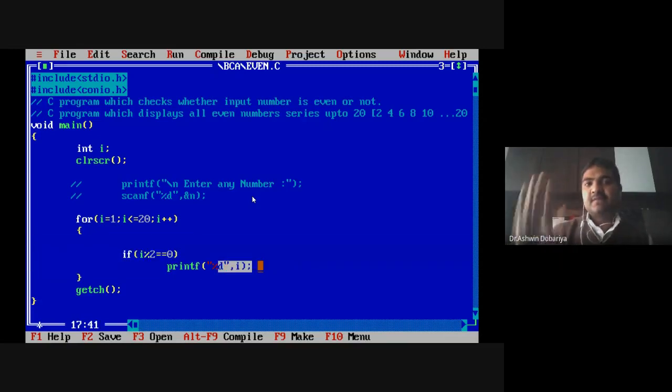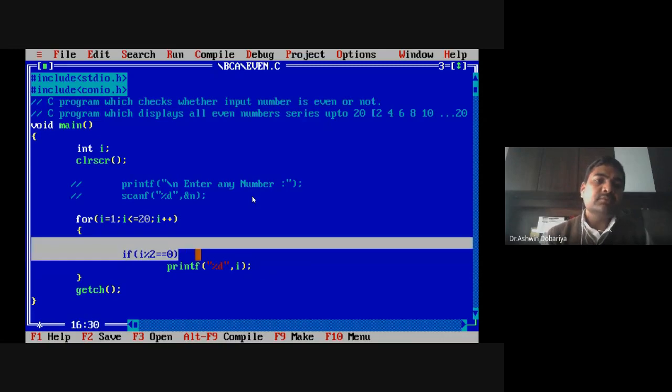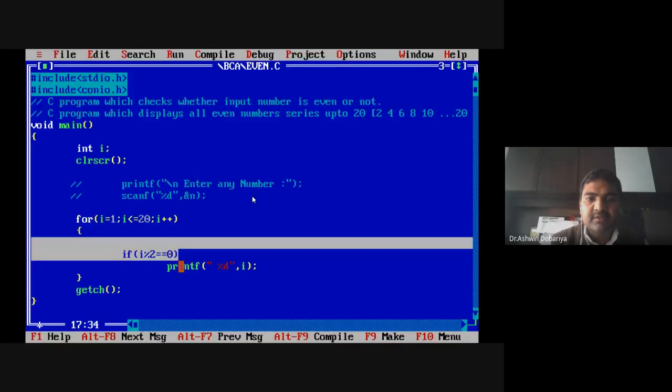When the number is even, print the values. If you execute this, leave a space over here, percentage %d. See, 2, 4, 6, 8 up to 20. I hope you see how you can generate the series.